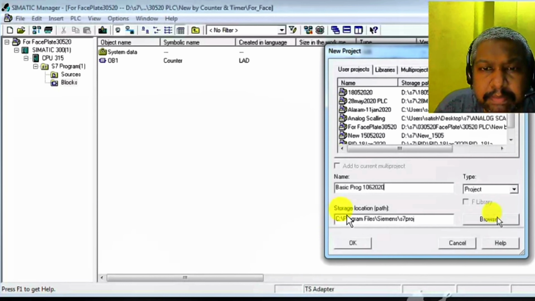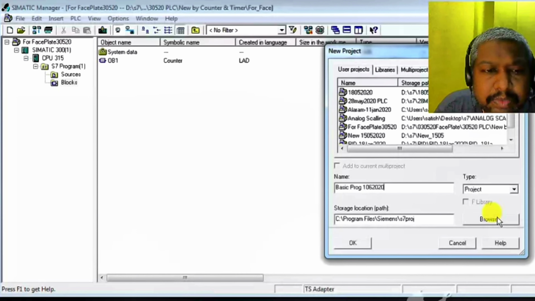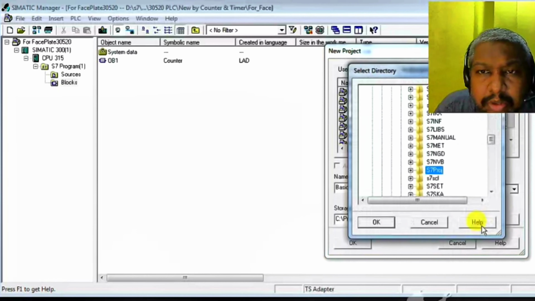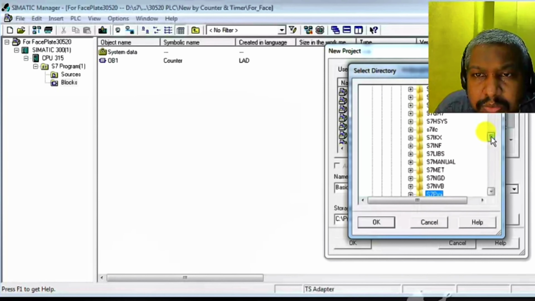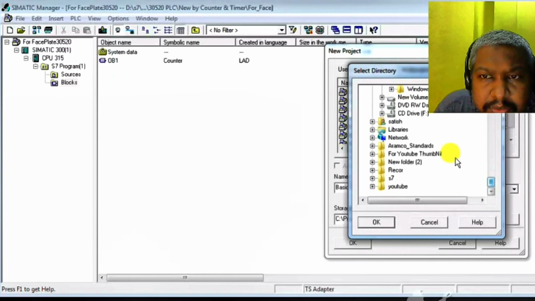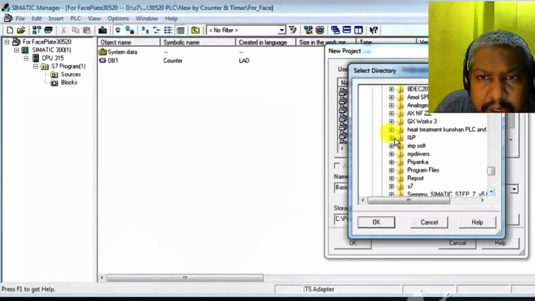This is the default storage location path, C Program Files Siemens S7 program. Actually my storage location is different, so I can change this path. You can also change this path if required. So go to the Browse button, go down, and select D drive, where my location is. Select P, expand, basic.